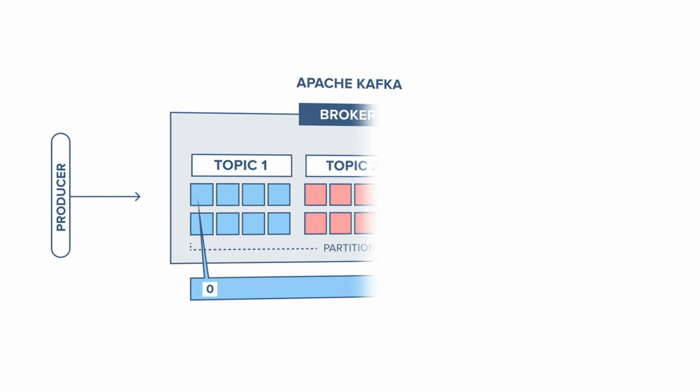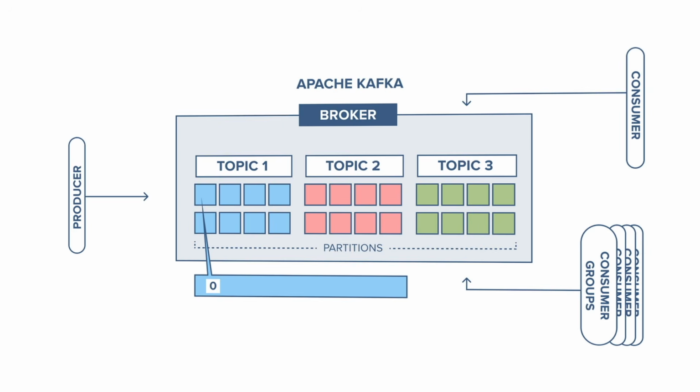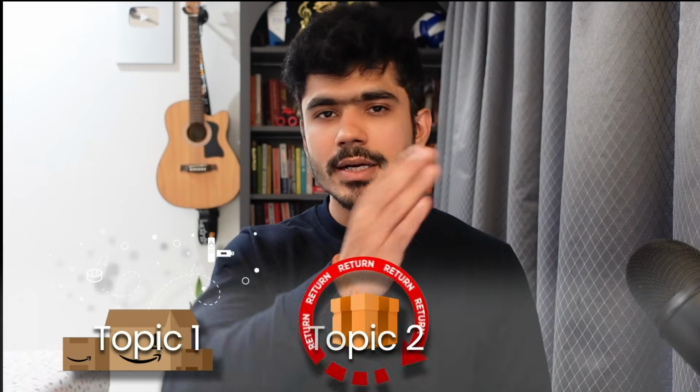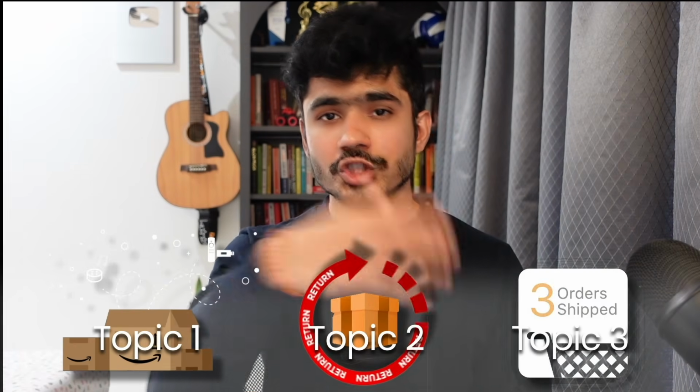Now we publish and consume all of this data using Kafka topics. You can consider topics as the categories or the feed names. So in the case of Amazon, we can create multiple topics. For example, one topic for ordering of the product, one topic to get the data about the returns of the product, one topic for the shipping. All of these are different categories of topics that we can create to separate our data logically.